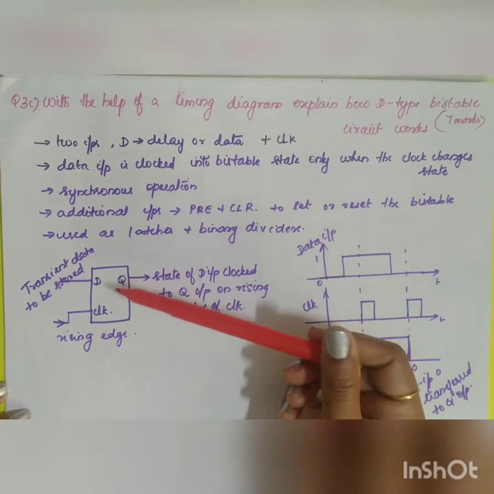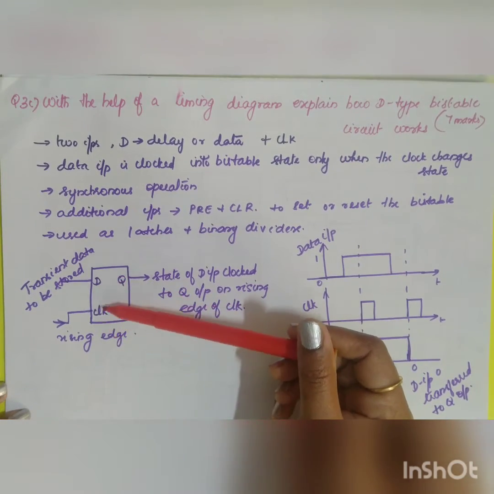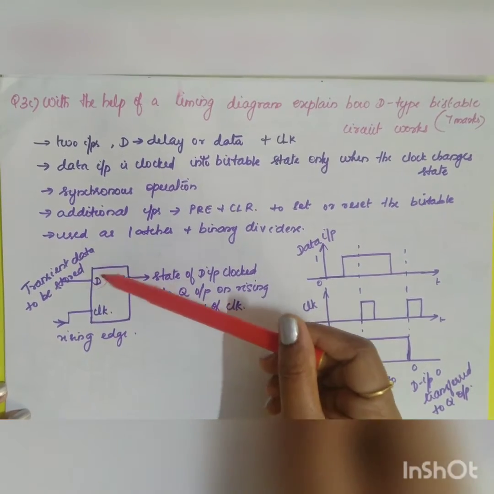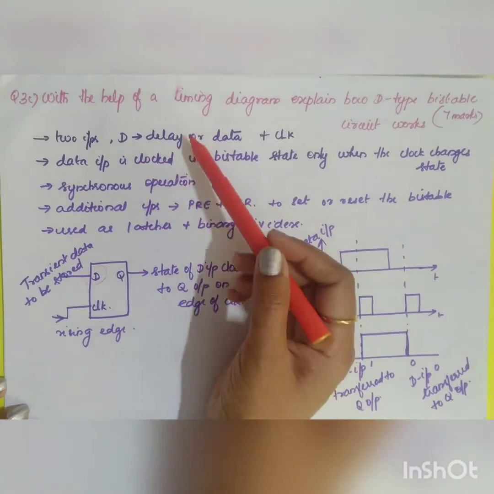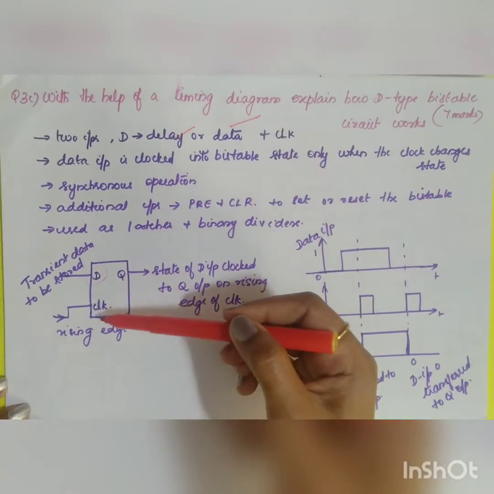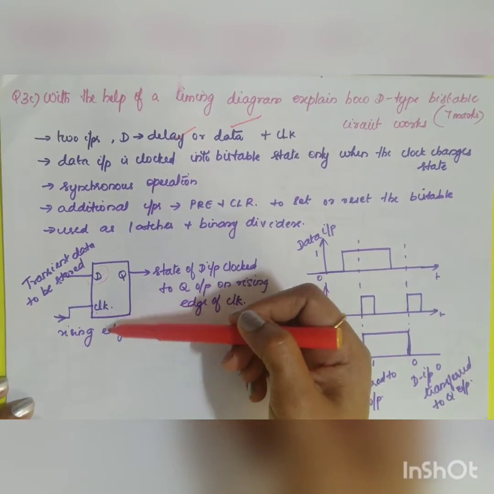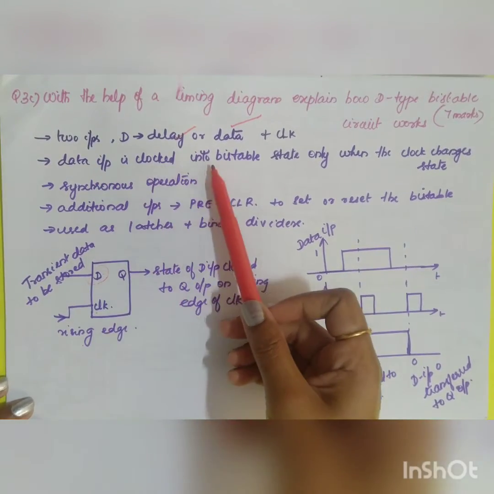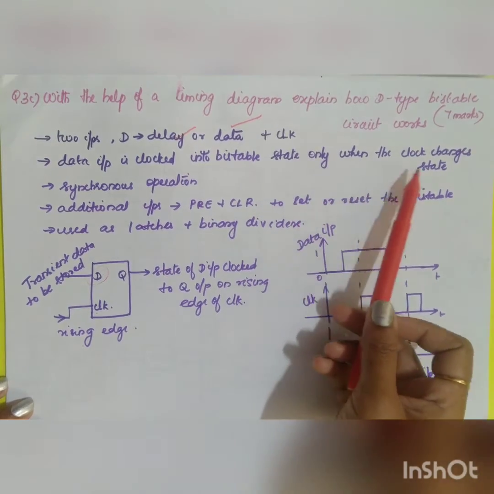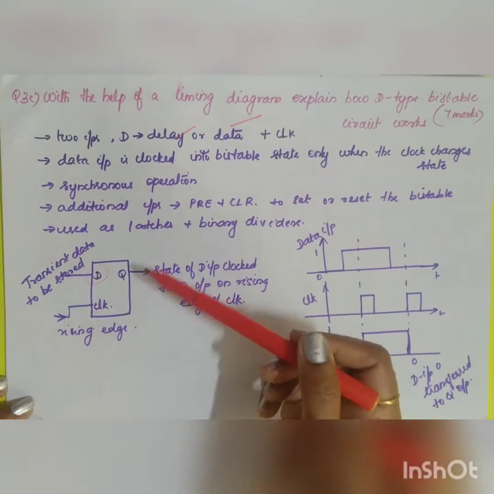So what is a D-type bistable? It will have two inputs, right? One is your clock and the other one is your input D. D is also called as delay or data. So the clock here, the example taken is during your rising edge. So the data input is clocked into your bistable state only when the clock changes its state, and it has